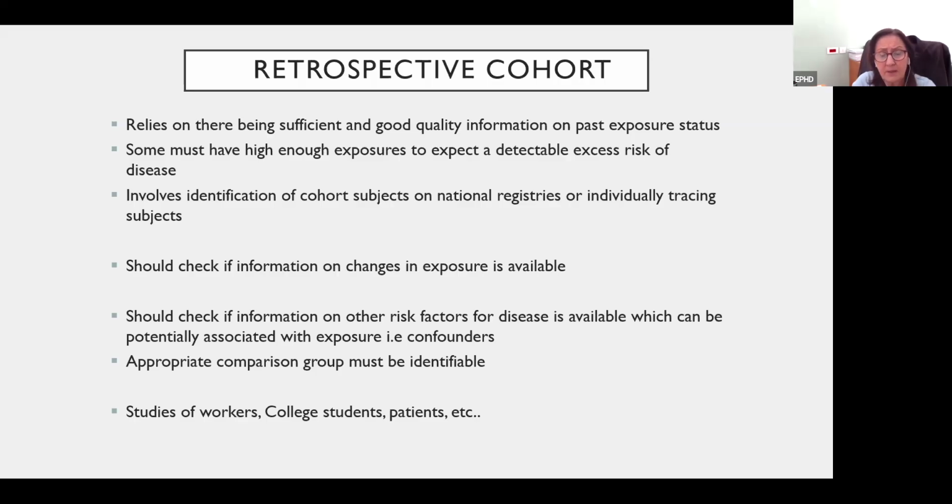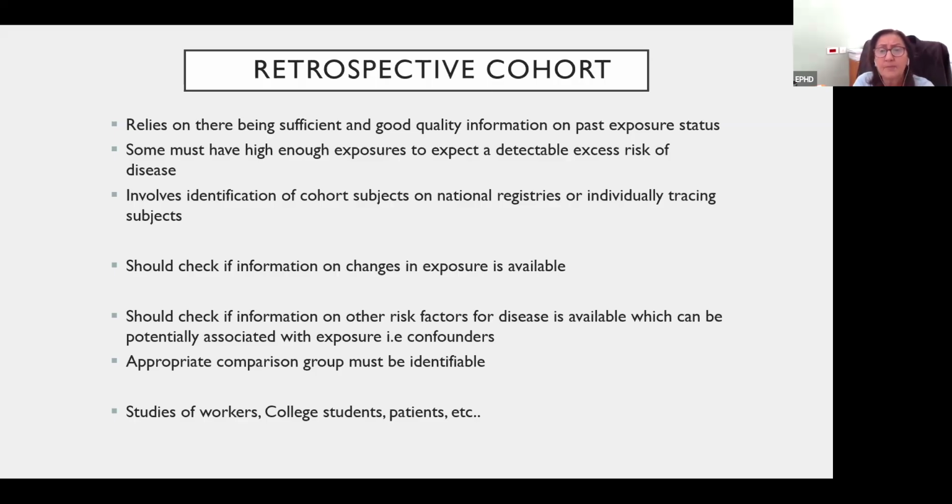Do we have data on the confounders? Because we might have good data on the exposure, but I don't have good data on some of the confounders that need to be adjusted for. This is an observational type of cohort. This is very important. And then people must have enough high exposure. If we're talking about an occupational cohort, it means that they have to have spent enough time in that factory to be exposed, and therefore to show the excess risk of the disease after 20